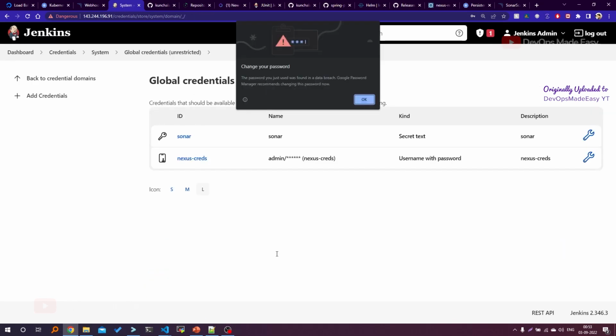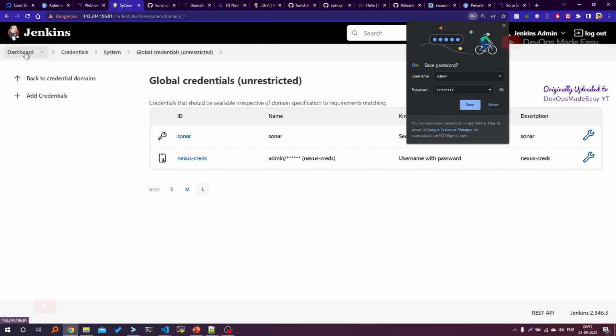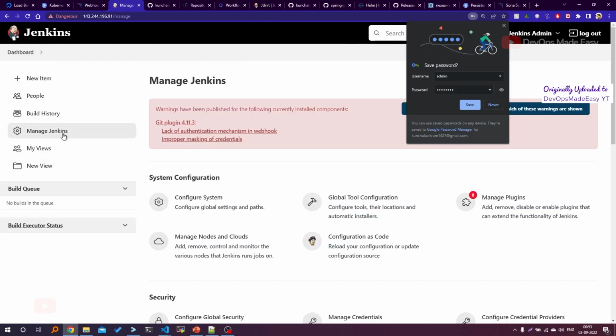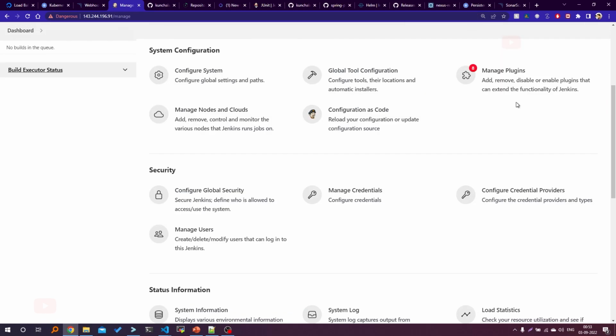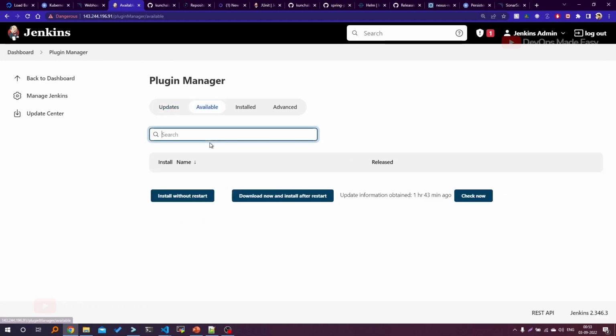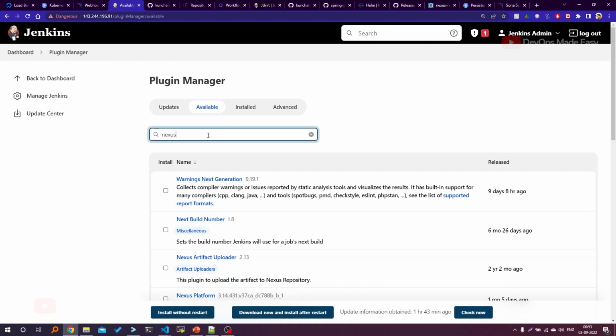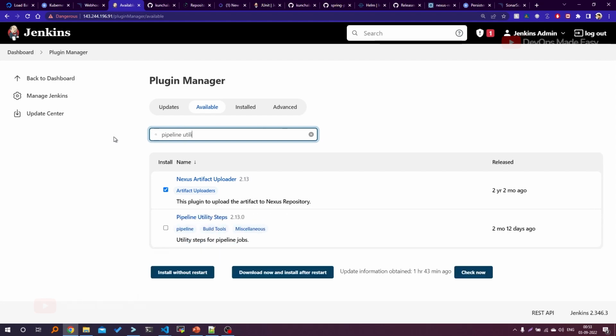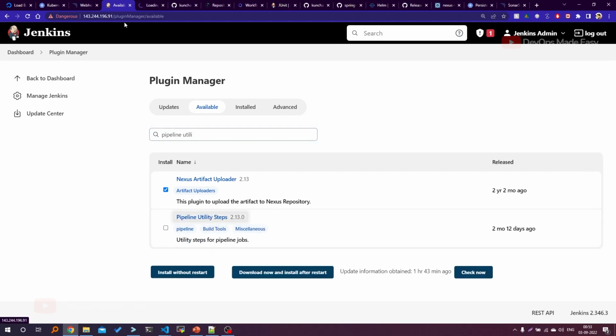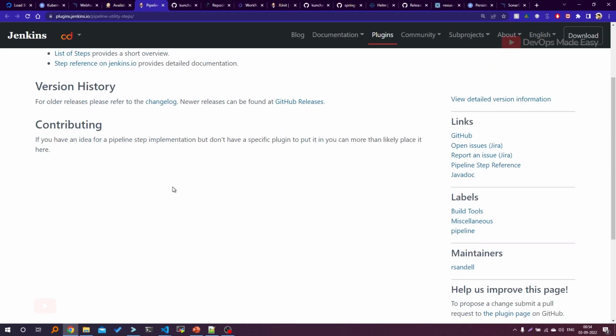So create it. This is done, and after this we need to install the Nexus plugin as well. So Manage Jenkins and Manage Plugins, click on Available. Here I am going to use Nexus Platform plugin, sorry, it's Nexus Artifact Uploader. Here I also need to install one more plugin, known as Pipeline Utility Steps. If you open the documentation, this will actually provide